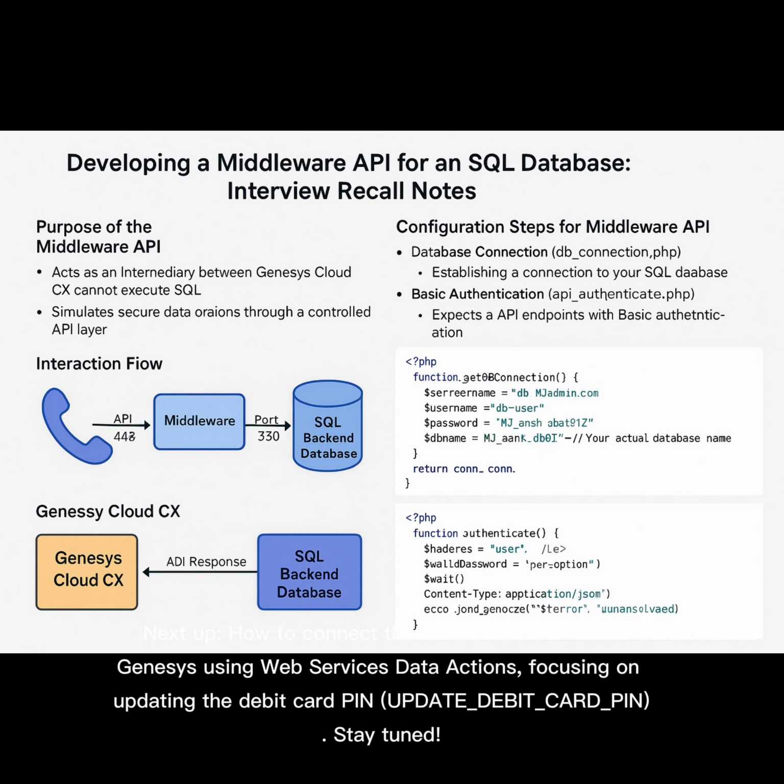Next up, how to connect the middleware API with Genesis using web services data actions, focusing on updating the debit card PIN,